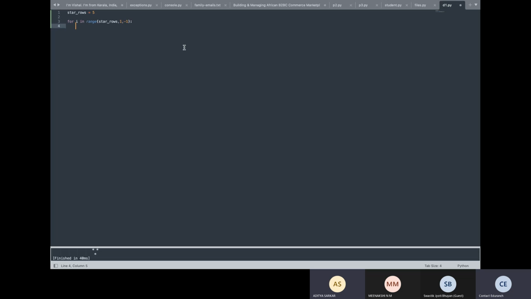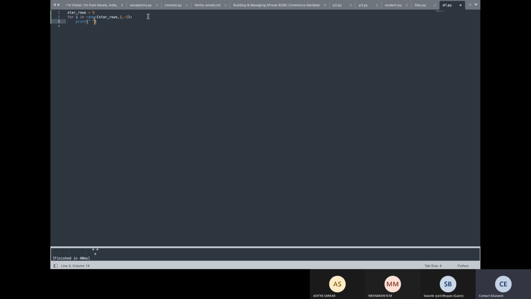So let's say now we want to do the number of star rows we want on the diamond. Let's say 5. Now what we are trying to do here is a for loop, and we would like to iterate the for loop. Since we have to print 2 halves, there will be 2 for loops. One we will decrease and the other one we will increase. Let's see what I mean by this. Now let's do a print statement. We will follow Aditya's approach.